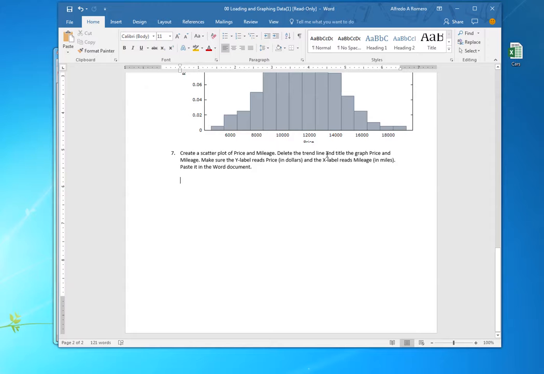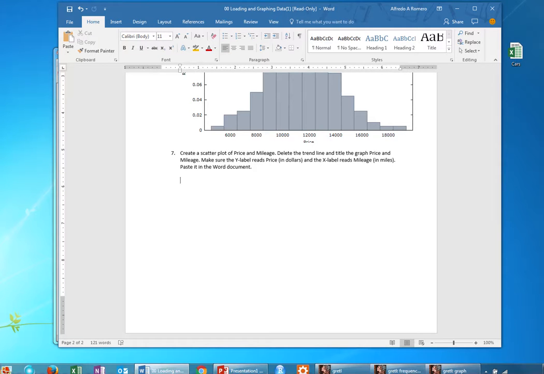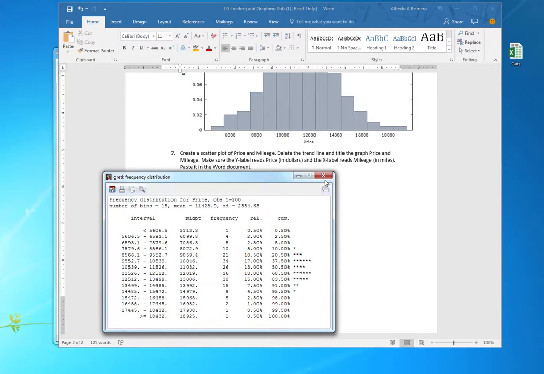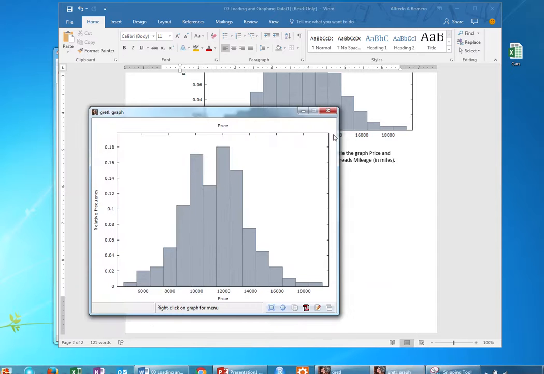Now this last item says, create a scatter plot of price and mileage. Delete the trend line, you'll see what the trend line is, and title the graph price and mileage. Make sure the Y label reads price in dollars and the X label reads mileage in miles. Okay, so I close this, I close this,